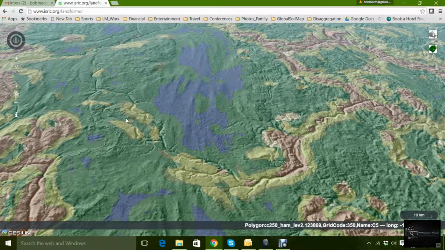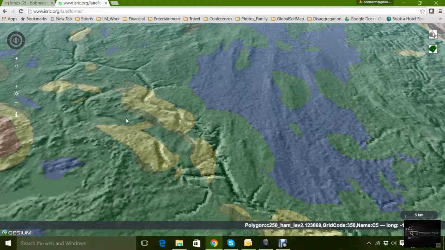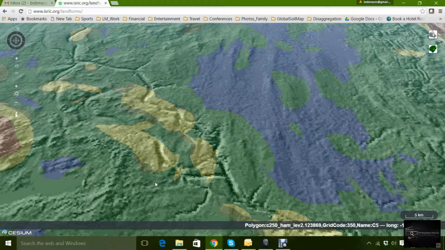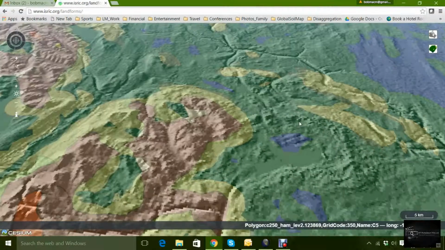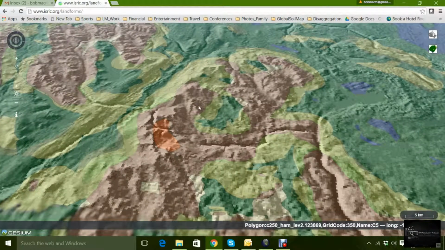So again, we're looking at this at about 1 to a million, I think. And now we'd be about 1 to 500,000. And at 1 to 500,000, the polygons are no longer quite as convincingly related to landform or as easy to interpret, because you start to see that they reflect the generalization of the Hammond classification, and they're not all that spatially precise in terms of how they outline